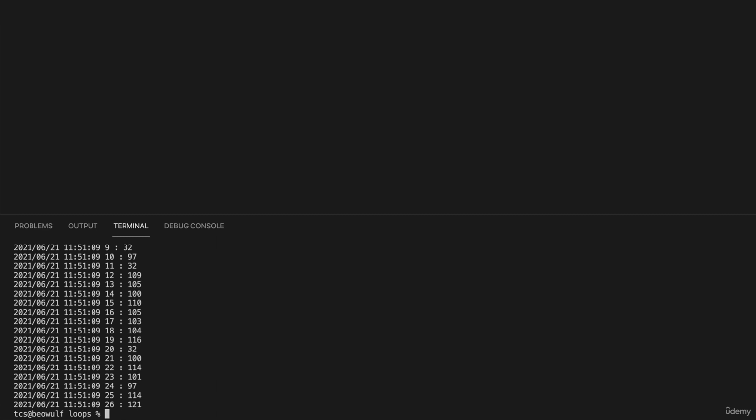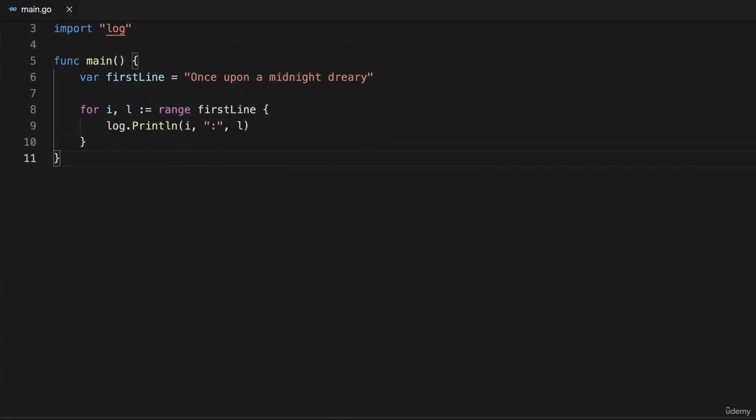Now, if you read the documentation, it will also say a string is a slice of runes, but then if you go read the documentation for runes, R-U-N-E, you'll discover that a rune is actually a byte. So this is not surprising. Now, we could modify this to actually print out the letter, but all I care about right now is how we're looping through things. So just so you know, a string is a slice of bytes, and although I can